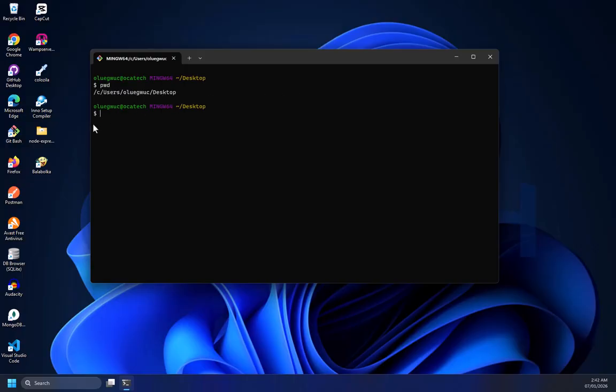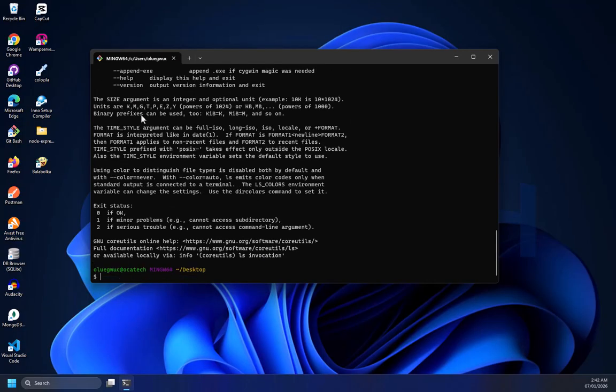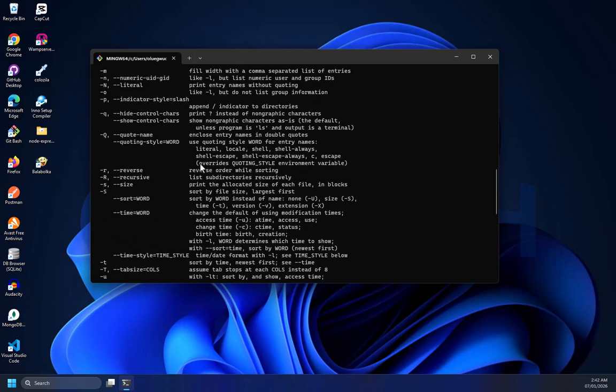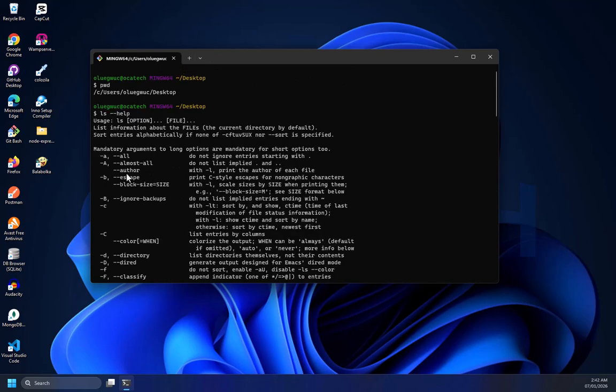If I want to see the files and folders that are available in this directory, I can use the ls. If you want to get the help for ls, you can just put ls --help so that you can get the help for this ls and know what it can do. So let me press enter. You can see that the ls command